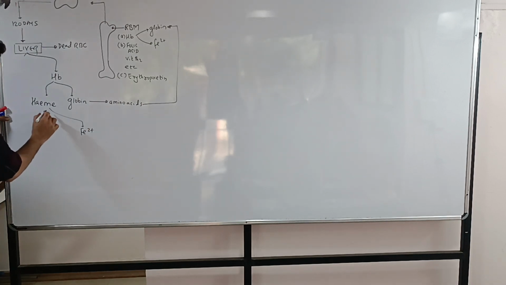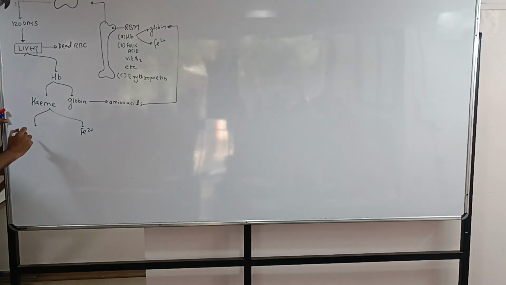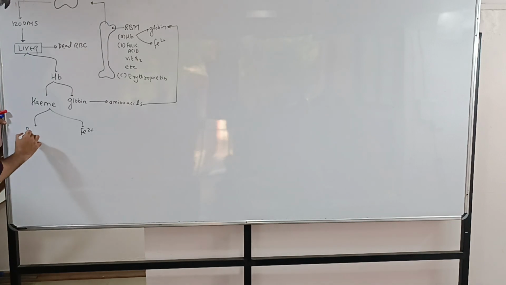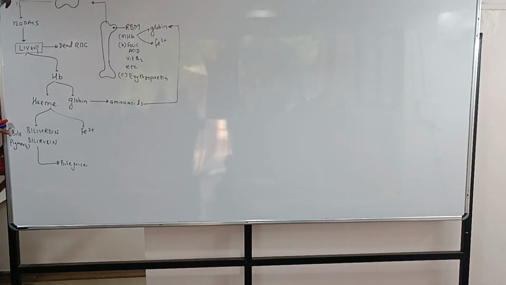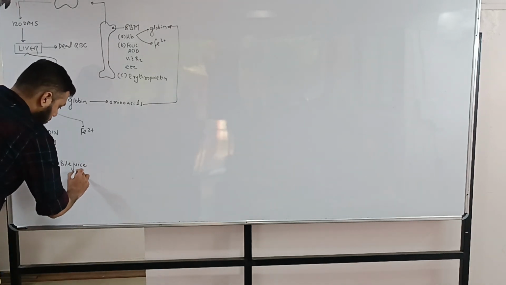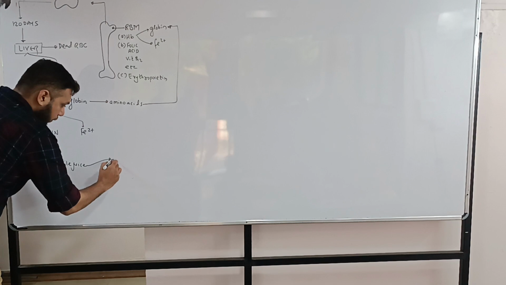Iron, and it will form pigments called biliverdin and bilirubin will be formed. These are called bile pigments. क्या तो सोचो? Bile pigments. Because the liver will put into what बच्चों? Bile juice. From there they'll be thrown out in the form of